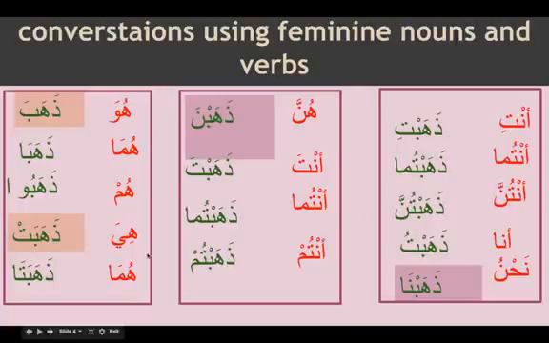In all the rest of the forms, the fa'il is attached to the verb, so we don't look for it separately. We know the fa'il is attached, and it is a pronoun, so we have to look for the main subject, what this pronoun is representing in the sentence or in the paragraph. So: dhahaba, dhahabaa, dhahabu, dhahabat, dhahabata.